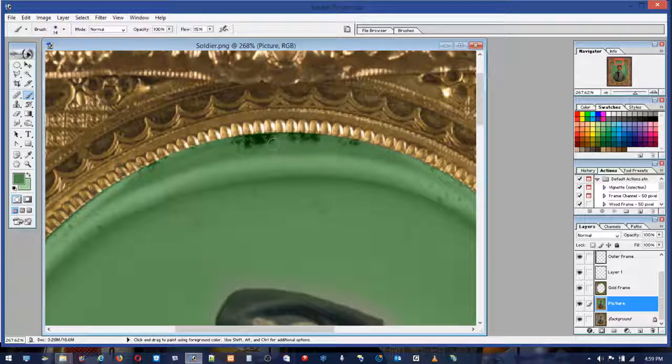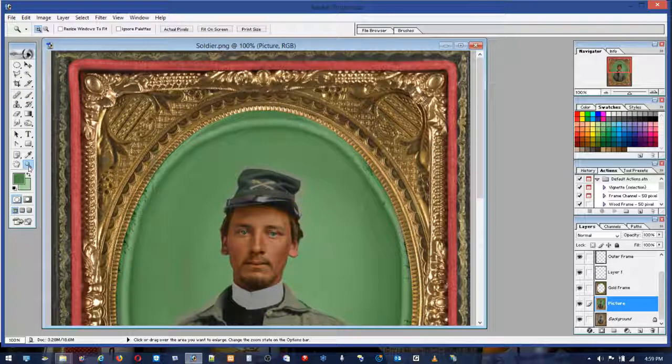And this is mostly up here, so I'll just color it all in there. And this is partly through here. See,